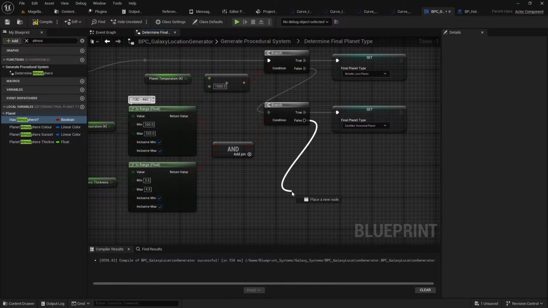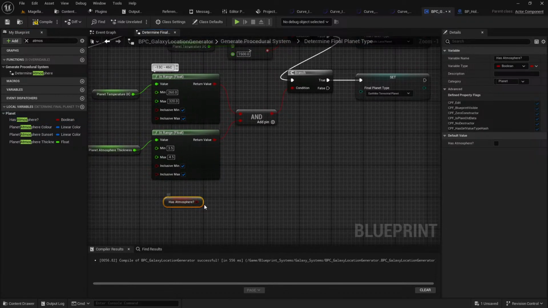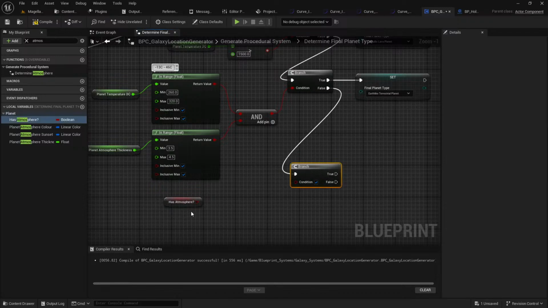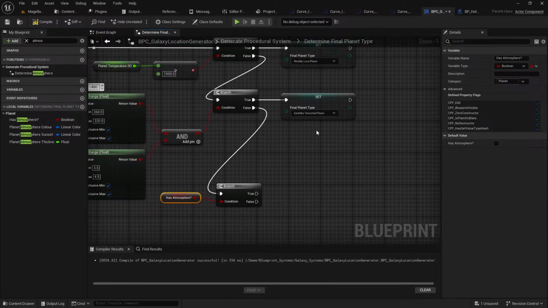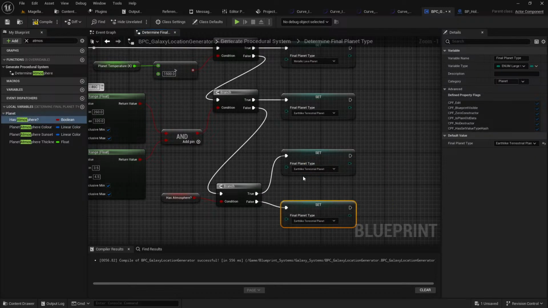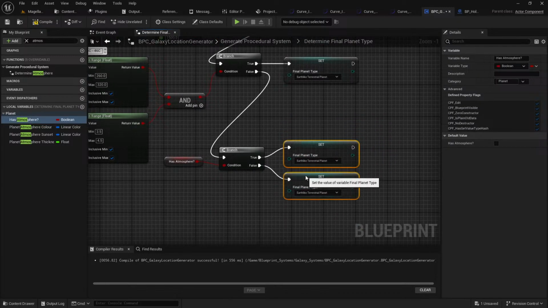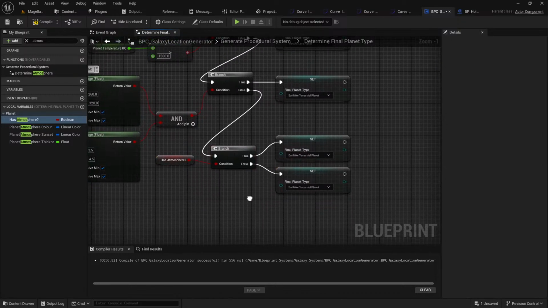Otherwise, we need to do resonance sphere. So if it has an atmosphere, it is a